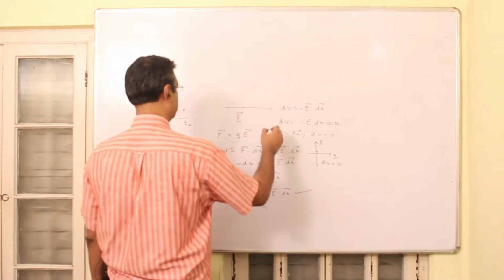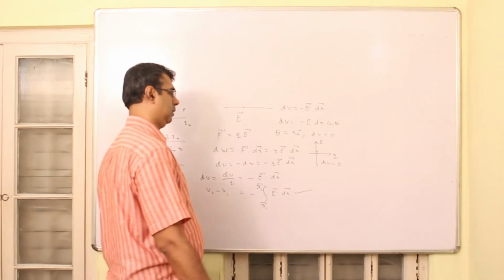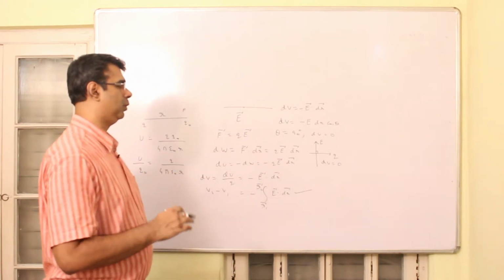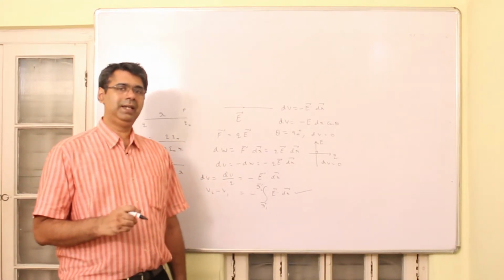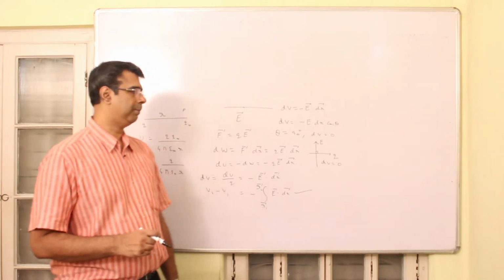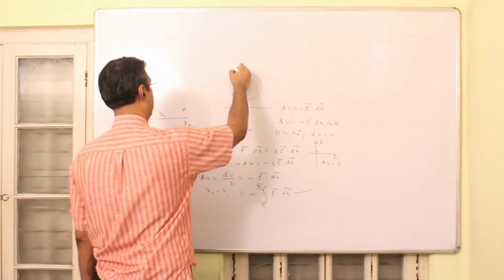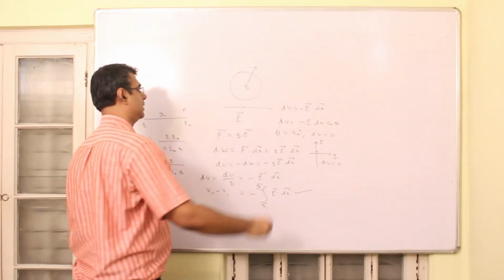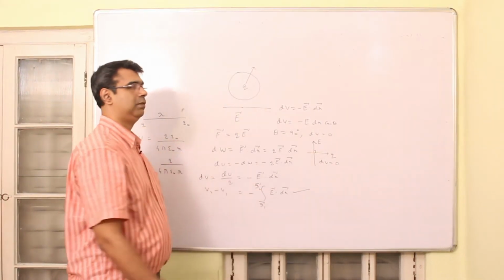Now, if you can join all such points where dV is 0, then you will get a surface called equipotential surface. So the definition of equipotential surface is, it is the locus of all points having the same potential. In fact, if you have an isolated positive charge, then any sphere centered about the charge will be an equipotential